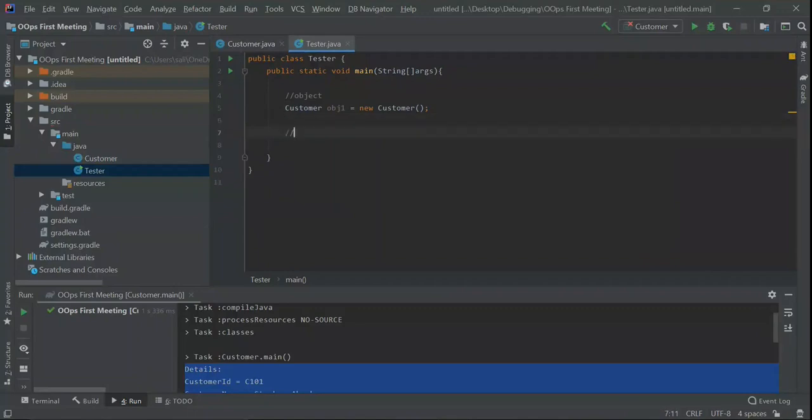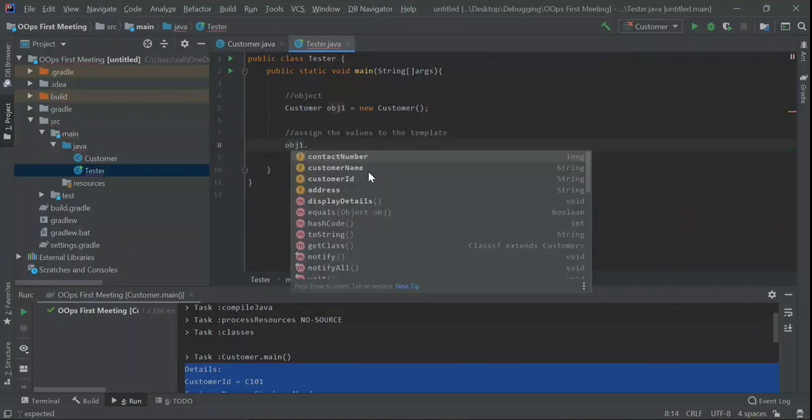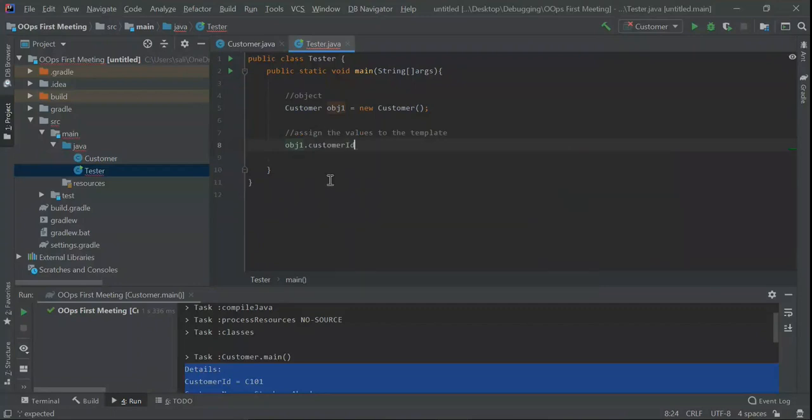And we can assign the values to the template to make it a real life entity by using the dot operator. So the object name is obj1 dot, and here the IntelliJ IDE is recommending which field we want to access. Let's start with customerID, and the value we are going to store inside it is C101,